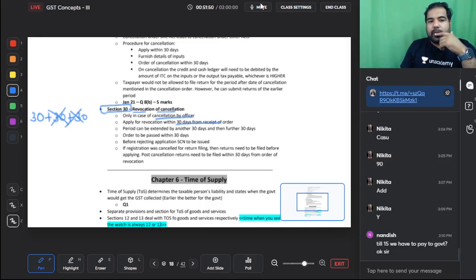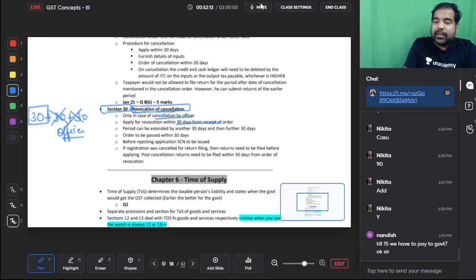So you now have 30 days to apply, but if you miss out on the 30 days, then what is the due date now? Now the officer will decide how many days to grant you extension. It's not automatically 30/30, the officer will decide. And again, when you are trying to revoke your cancellation, whatever was done wrong, example, if you have not filed your return, that has to be done right before you revoke.